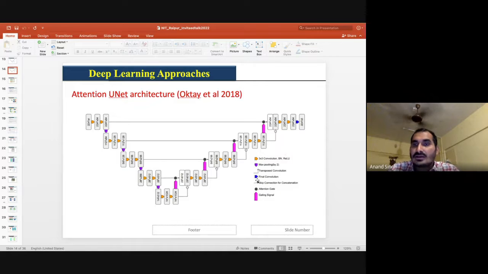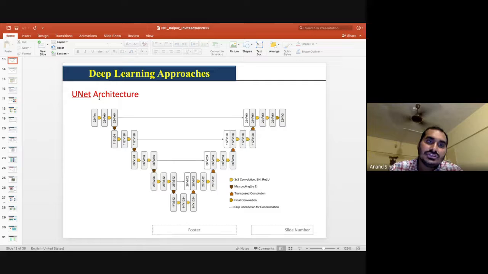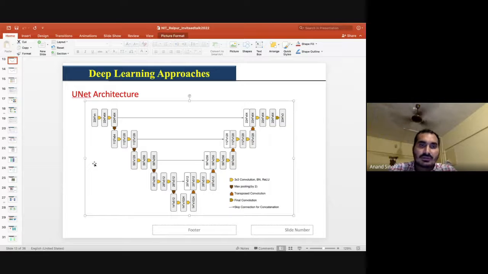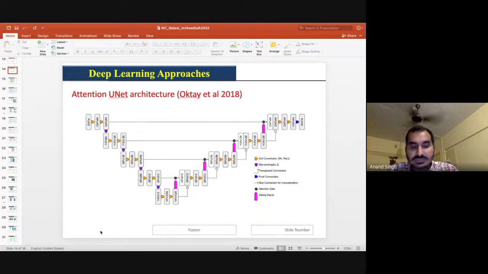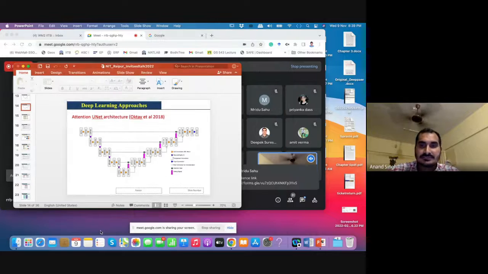And also, while doing the final convolution, somewhere we have also utilized the skip connection. For example, from here to here, if it is not providing the better loss function, then it can bypass and train using this pathway. So the only difficulty is that these two architectures are totally different from one another. That is why it is providing the better image.